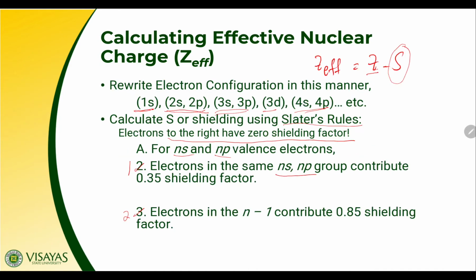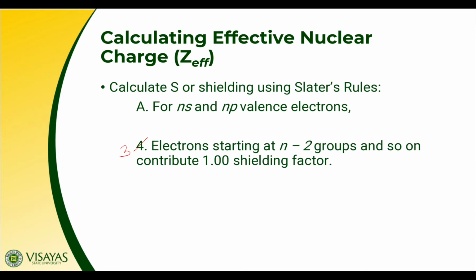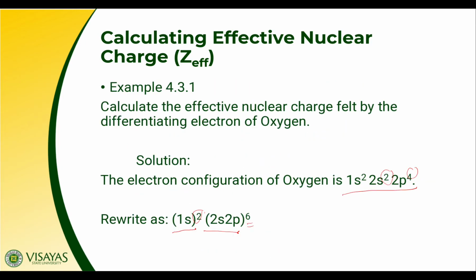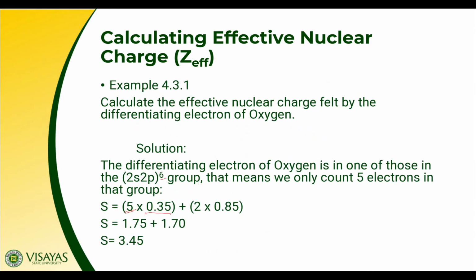Electrons in the same ns np group contribute 0.35 shielding factor, so we multiply the number of electrons by 0.35. If it's n-1, we use 0.85, and if it's n-2, we use a shielding factor of 1. So we have 2s 2p, we minus 1 this. We use only 5 electrons times 0.35 because they're in the same ns np, plus